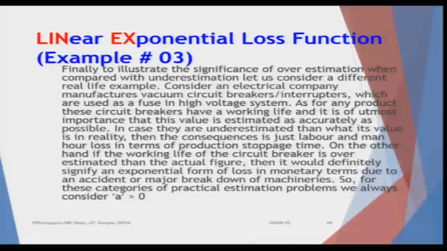Obviously, the production will increase, but the flip side is that the chance of catastrophic loss is much higher, and in this case the overestimation is more important for us. So, we will take a value of A as 0, which means that if you overestimate, then we will stop the machine later on. So, the initial cost of production is very favorable to us in the sense that we are making more and more profit, but if a catastrophic loss happens, because we stop the machine later on, the overall loss will be much higher.